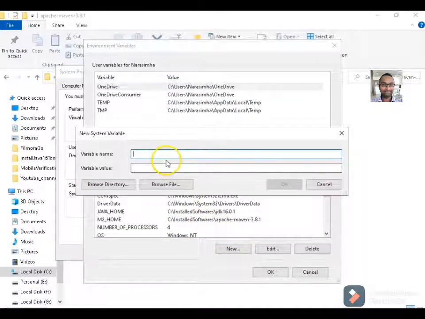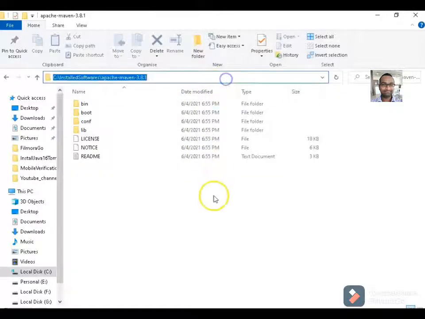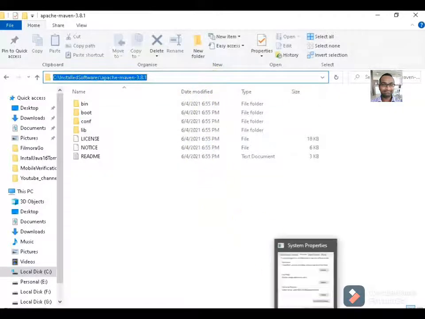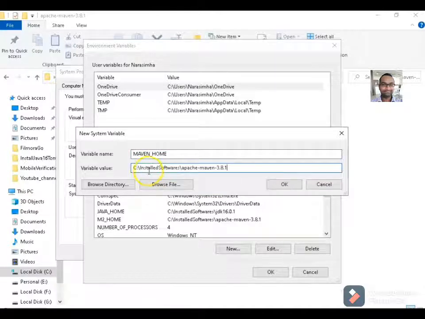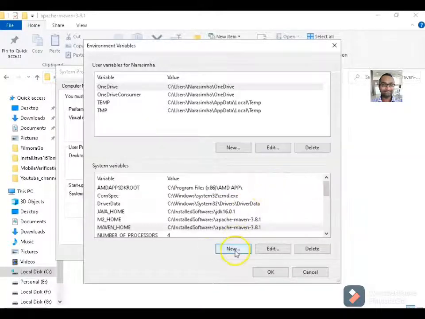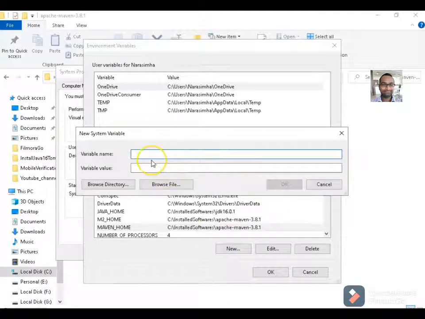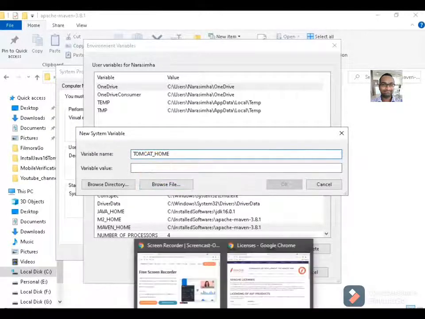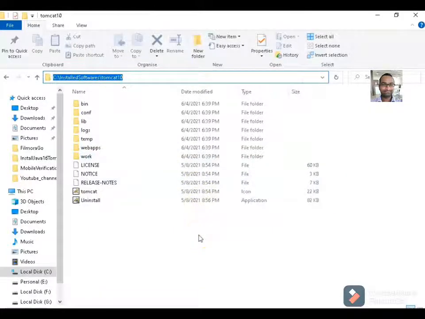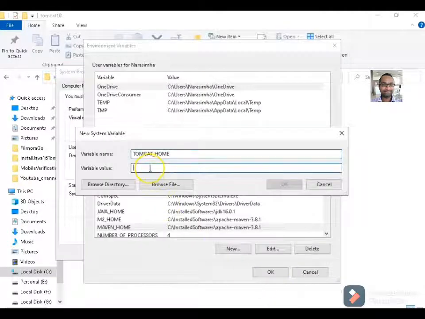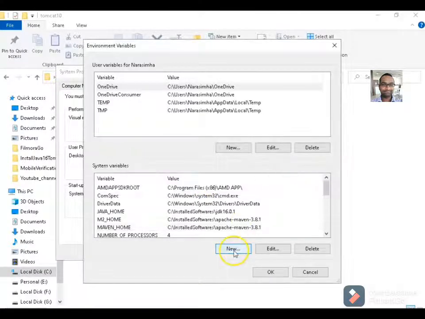Click on new again. Enter MAVEN_HOME and take the Maven home directory and put it as a variable value and click on OK and click on new again. Enter TOMCAT_HOME as a variable name and take the installation location of the Tomcat and put it as a variable value for the Tomcat home and click on OK.